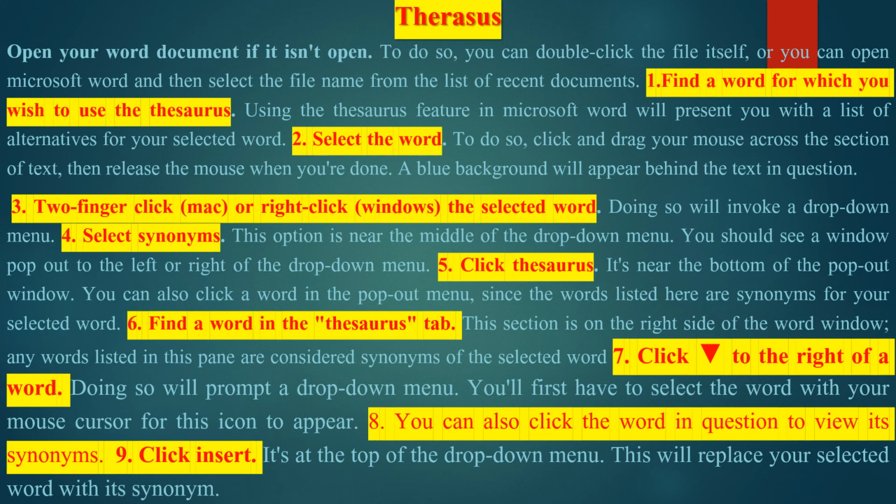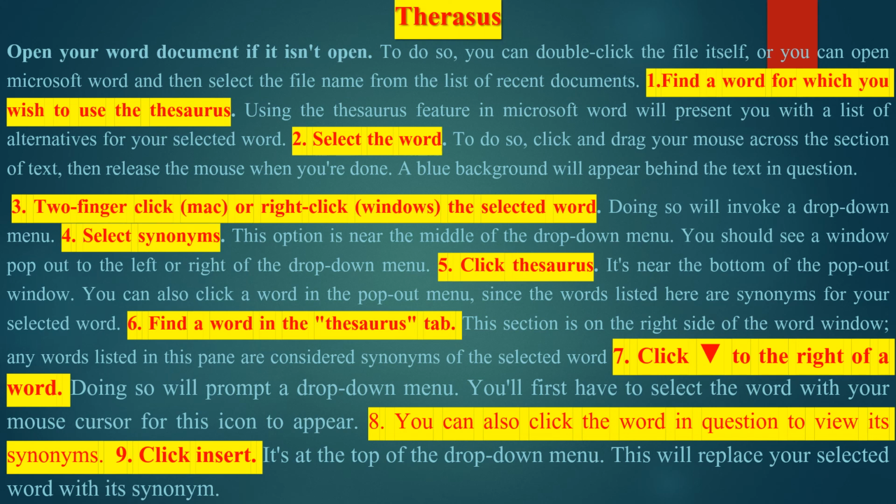Doing so will invoke a drop-down menu. Select Synonyms. This option is near the middle of the drop-down menu. You should see a window pop out to the left or right of the drop-down. Click Thesaurus. It is near the bottom of the pop-out window.